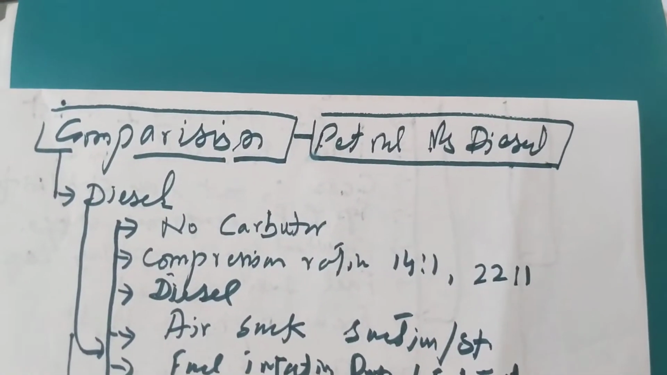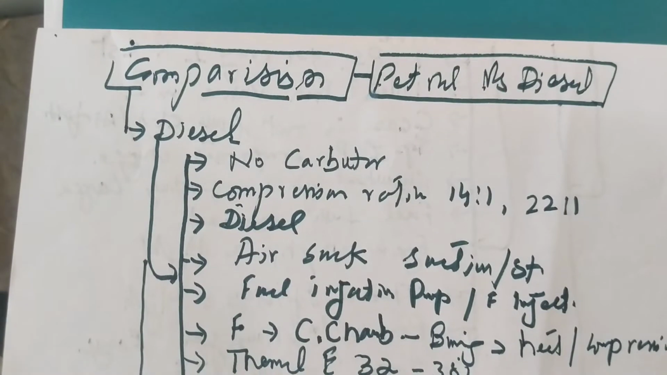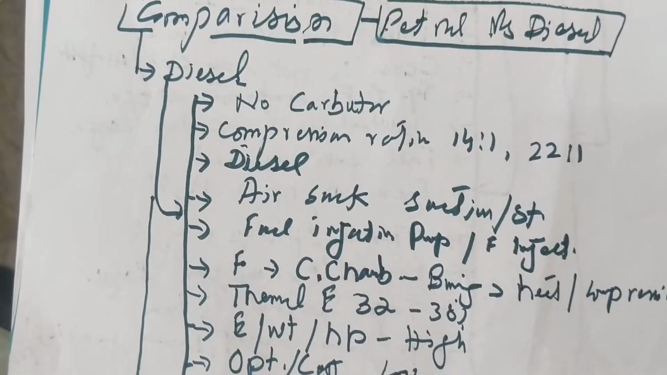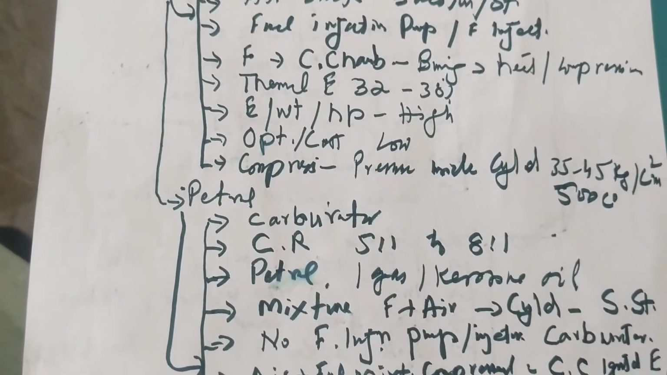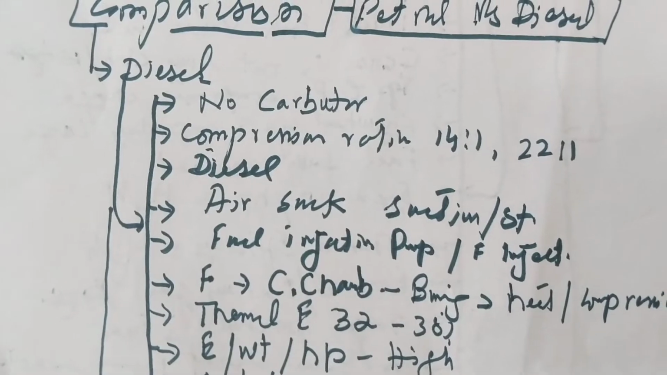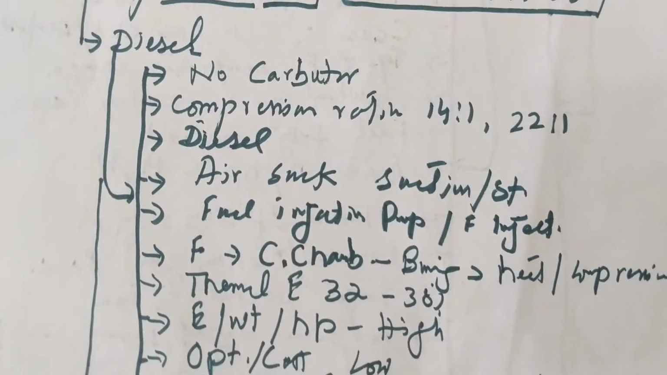Today the topic in our discussion in farm management practices is the comparison between petrol and diesel engines. So let us discuss. In case of a diesel engine, no carburetor is used, whereas in case of a petrol engine, a carburetor is used. Next point, compression ratio is